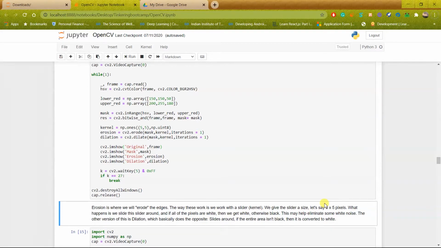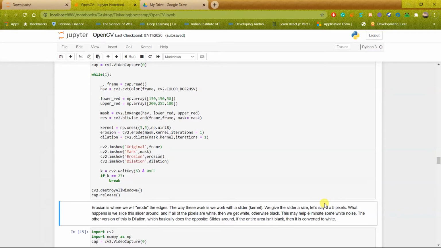You can see an example like that. Suppose there is a scissor which I used in the previous example, and a false positive of only a single white pixel is detected very far away from the scissor because of some light issues or something like that. When the slider gets onto that white false positive, all the pixel values around that pixel would be black, right? So it will automatically get converted into a black pixel, and hence the false positive will be removed.